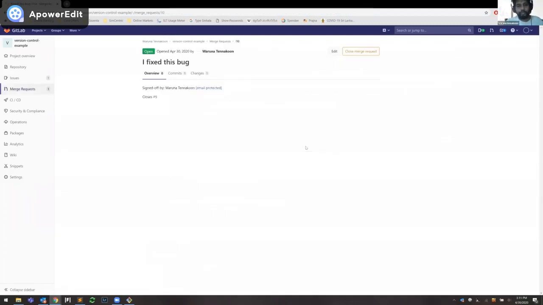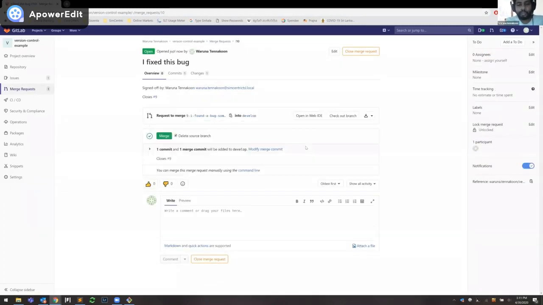So in a team environment, once the merge request is submitted, it can be approved by someone else, typically someone senior to you. And once you create this merge request, you can do some code reviewing as well.